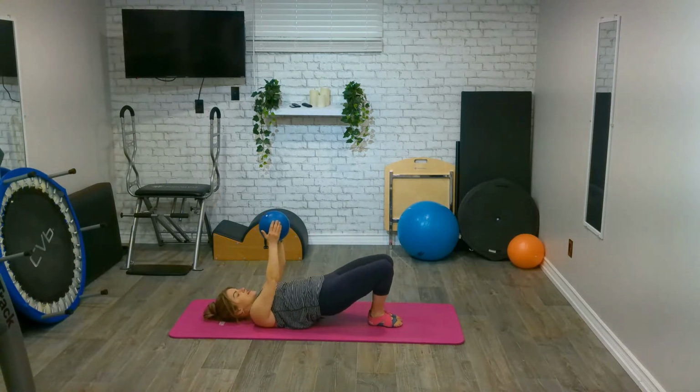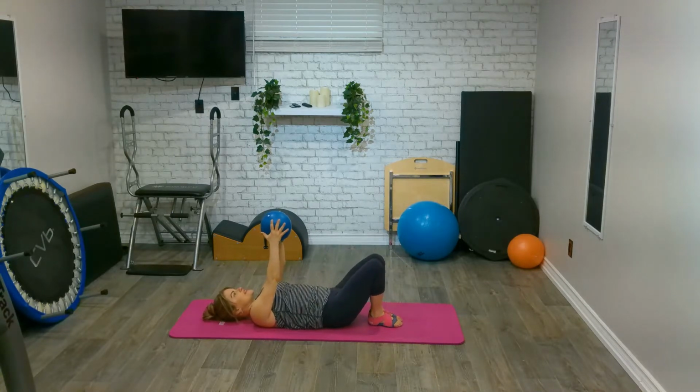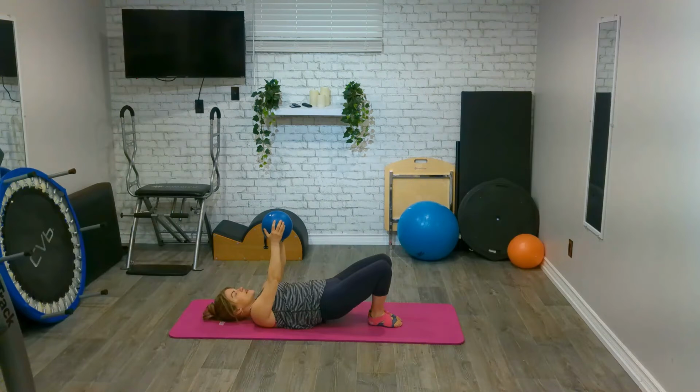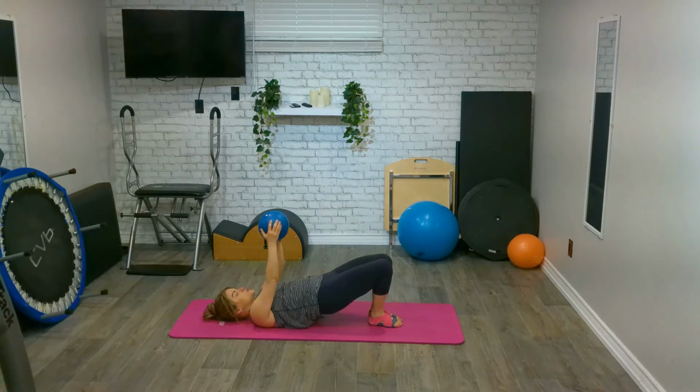And again, those inner thighs can feel it a little bit here. Bridging with our legs together hits a little bit differently, doesn't it? Last one, we stay lifted. Let's lower our hips an inch and lift an inch, as we lower an inch and lift, and we have 5, good, and 4, and lift, and 3, squeeze, 2, and lift, last one, stay lifted and melt all the